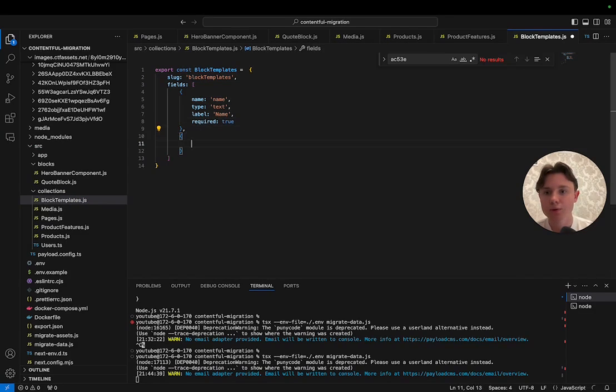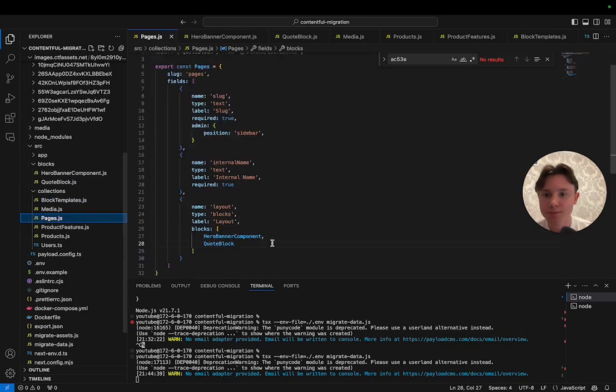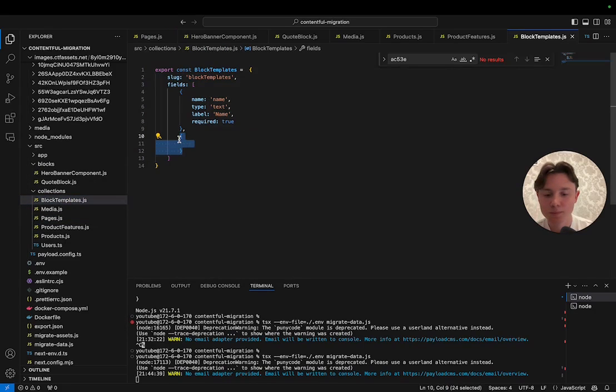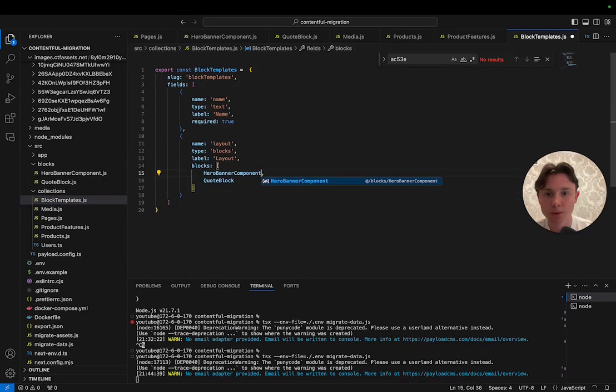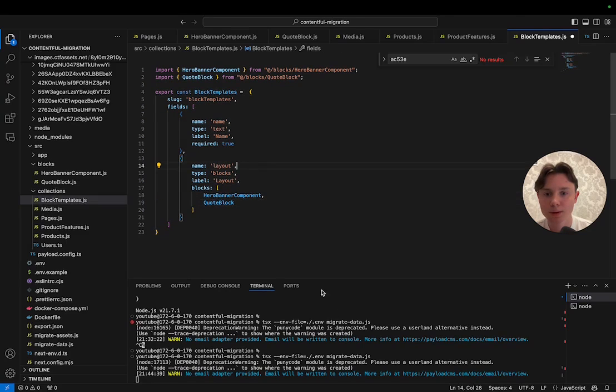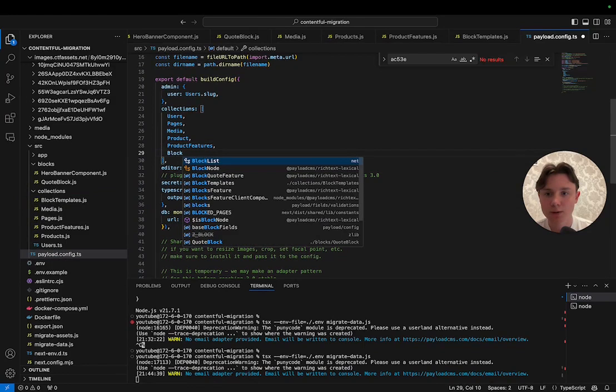And then I'm going to specify, actually we can just copy it from our pages. I can just copy the layout field. And here I have to add our components. All right. And I have to add it to our collection config block